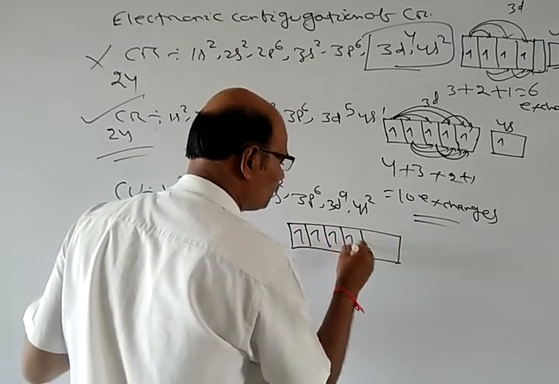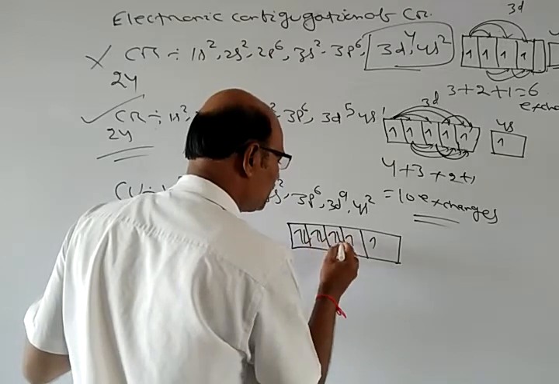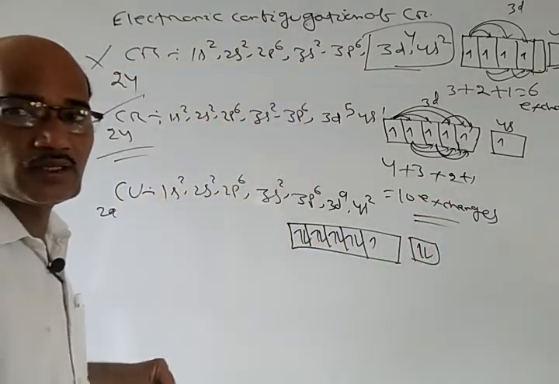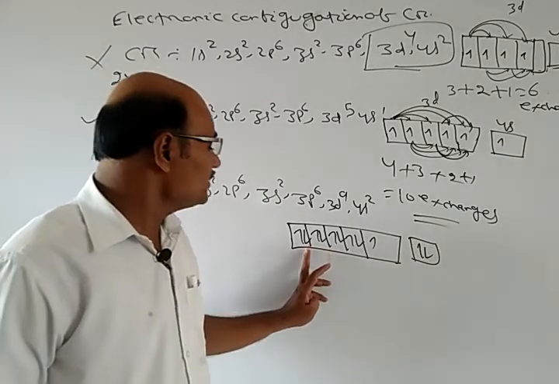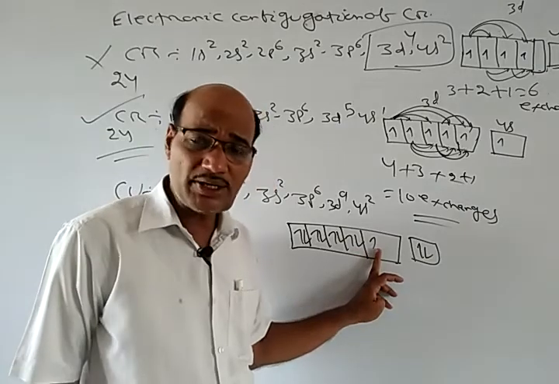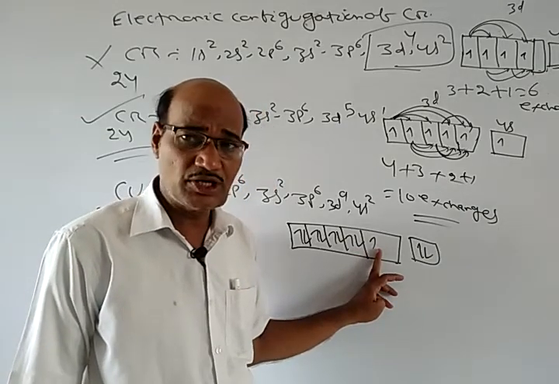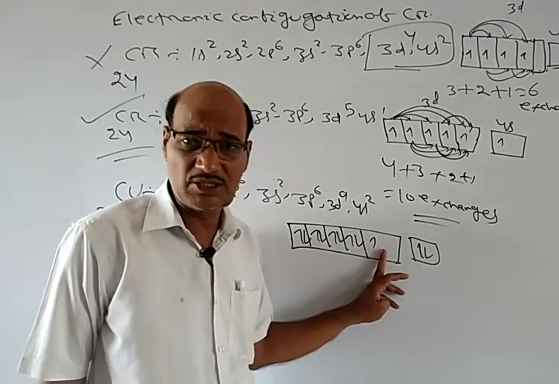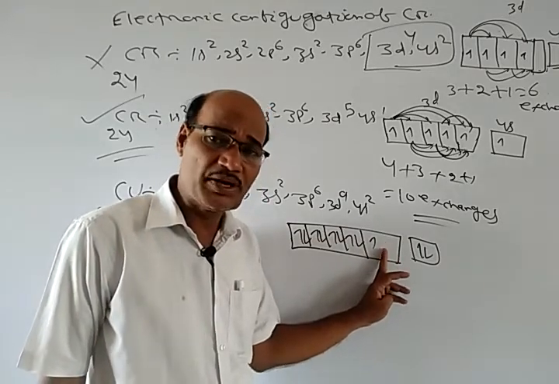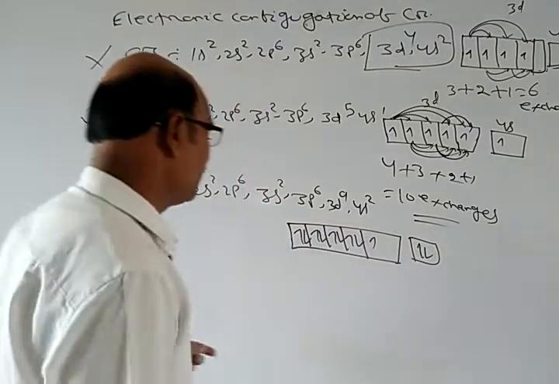1, 2, 3, 4, 5, 6, 7, 8, 9. Okay. Here you see these 4 are paired. This is paired. Only one unpaired is there. So it cannot exchange its electrons, because only a single one is there. Okay. But when I take